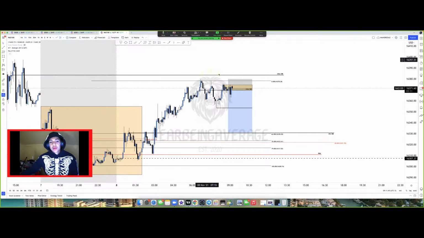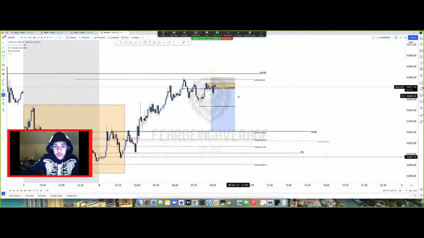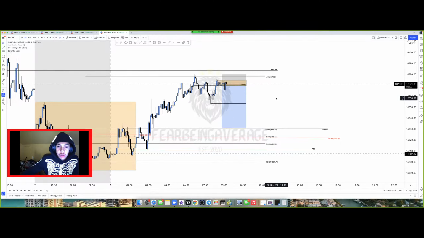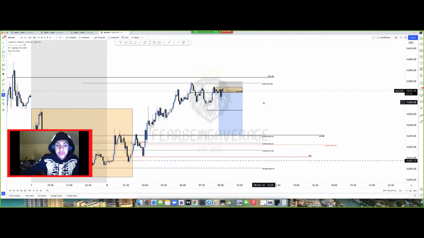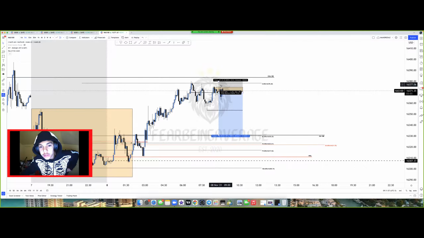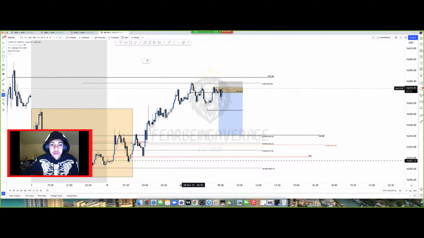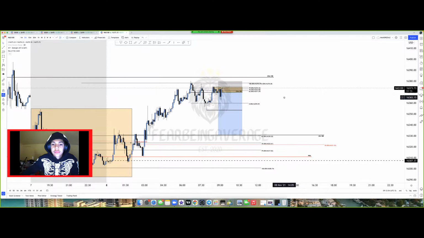I just gotta wait for Martin to get back. But right now, simply waiting for NAS to drop lower. Might not happen, but we'll see. We're still in this area where it would make sense for price to still drop, so we gotta keep that in mind. But once it starts to break this high right here, more than likely I'll probably just cut my trade short. That is going against us, but I'm gonna still hold it until it does break these highs to the left right here.